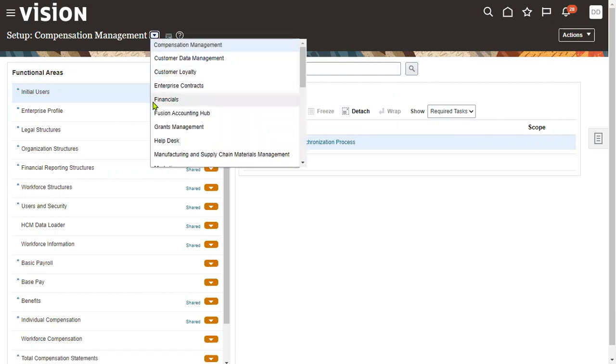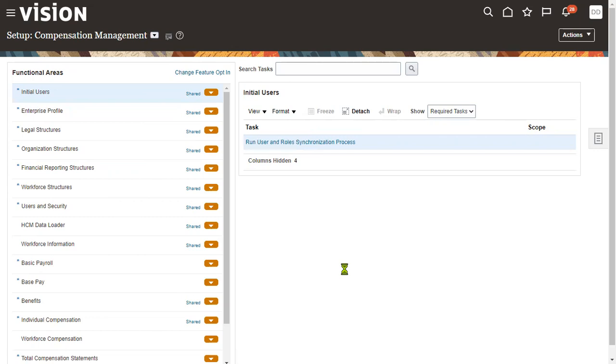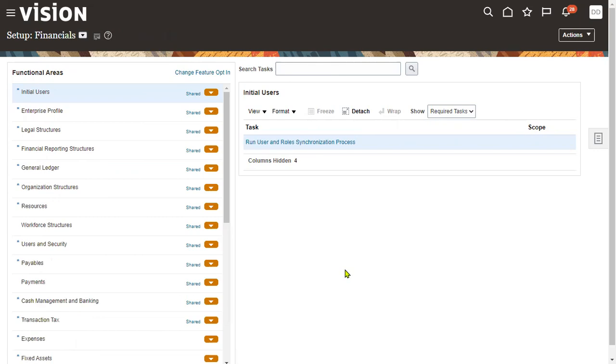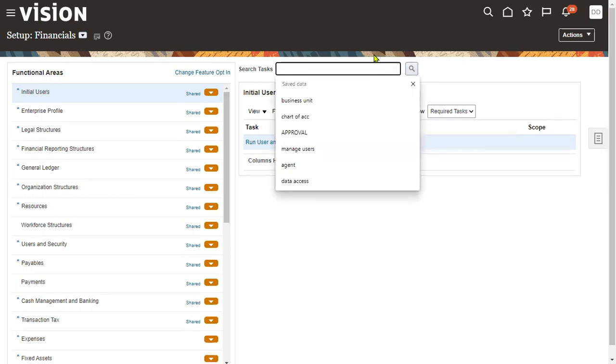Go to financials offerings, and search for the task over here. We are going for the task here. It is called